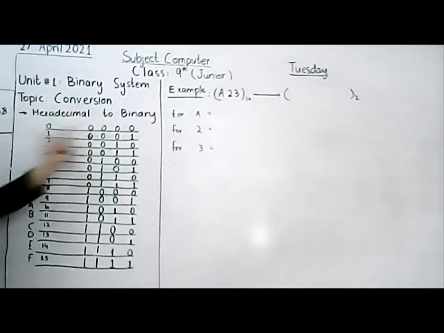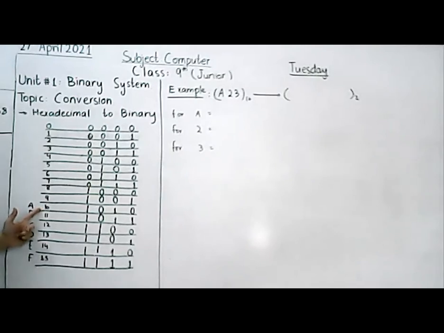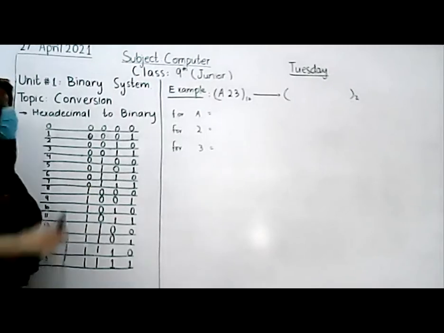So here we can get the values of the digits from 0 to 15. Here is the value of 0, then 1, 2, and so on. 10 will be A in the hexadecimal system. Then B is 11, C is 12, then D, E, F. Okay, so we have to go for these values. So here is an example.